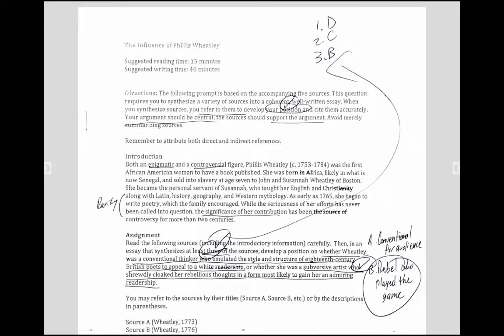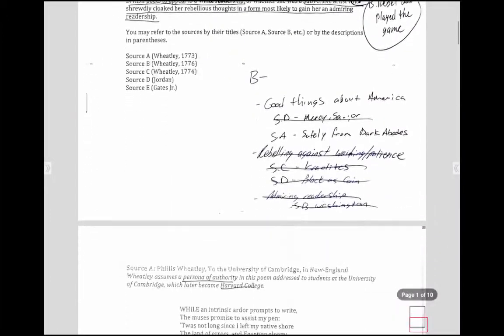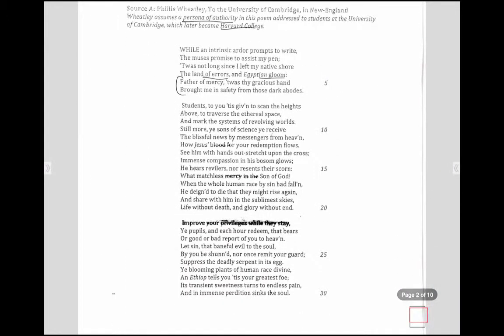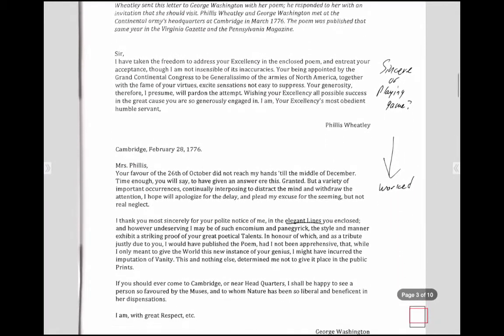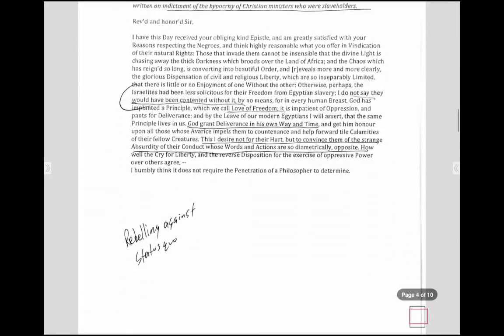Alright, hey guys, I wanted to go through the synthesis prompt I wrote with you guys so you can see how I did it and compare it to yours to see where you're at, and some ideas you might want to take. So we'll start with going through my prompt and what I annotated, and then we'll get into what I actually wrote. We'll start with the sources here. You can see here's source A, source B, C,